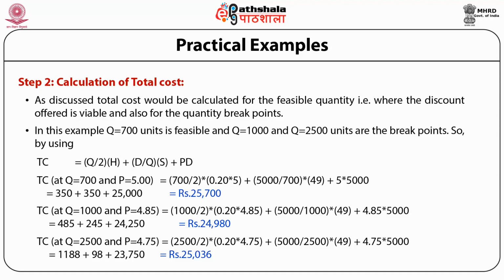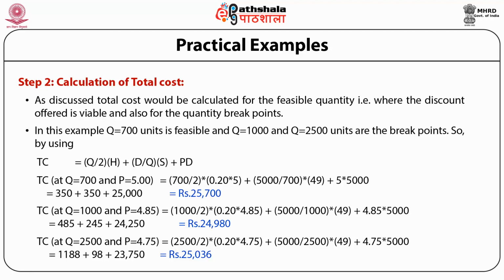So by using total cost equal to Q upon 2 into H plus D upon Q into S plus PD, total cost TC at Q equal to 700 and P equal to 5 equals 700 upon 2 into 0.20 into 5 plus 5000 upon 700 into 49 plus 5 into 5000 equals 350 plus 350 plus 25,000 equals